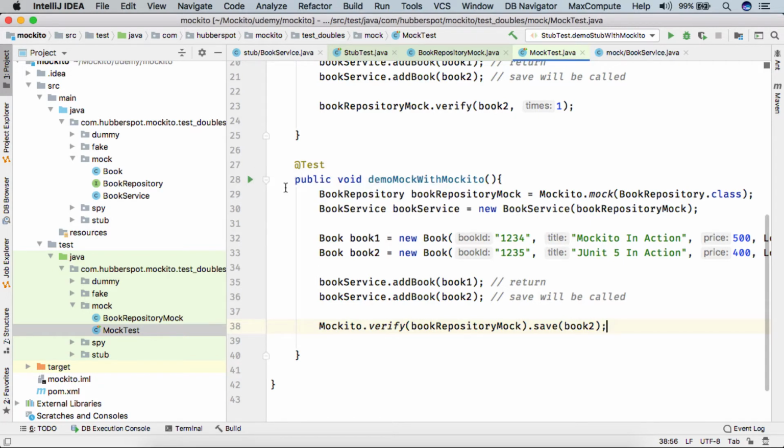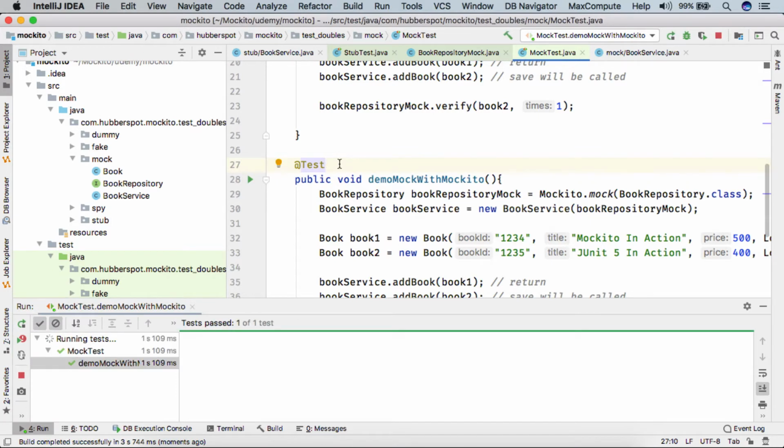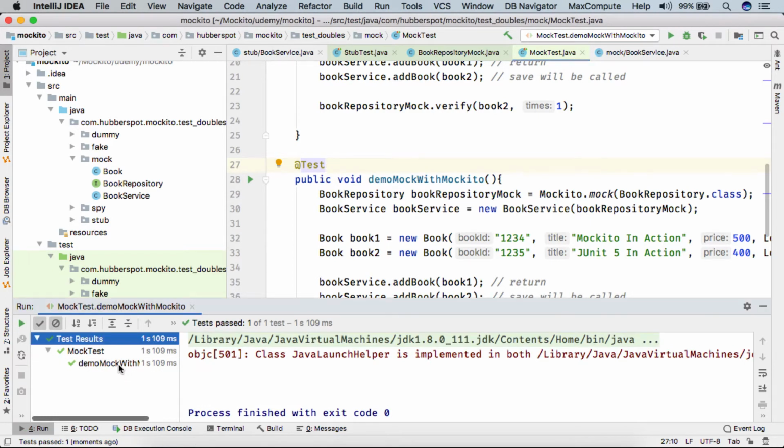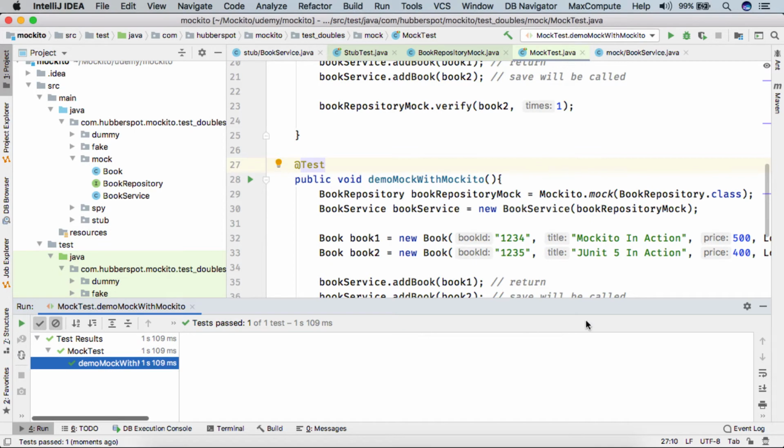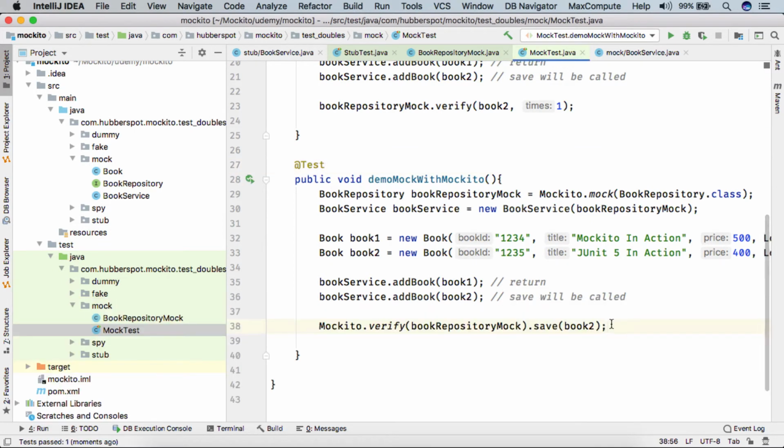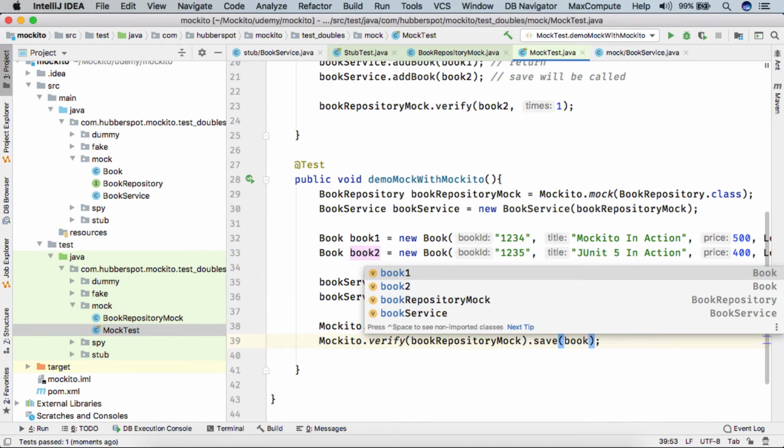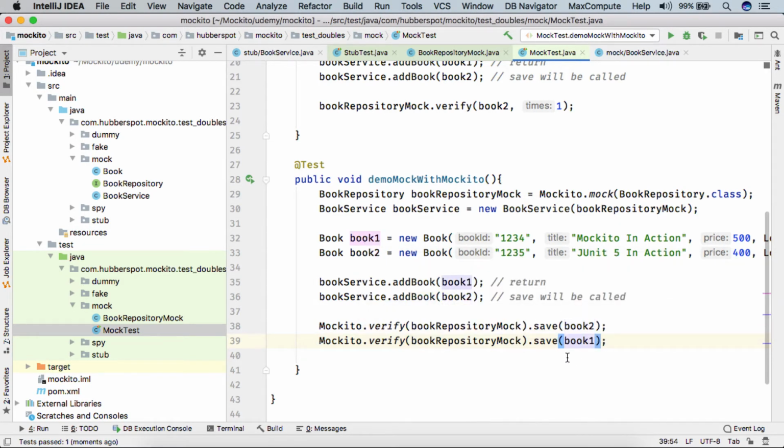So if I run the test case, here you can see the test case got executed successfully. And also friends, if I copy and paste it below, and if I do book 1, then we know that for book 1 save was not called. So if I run the test case,